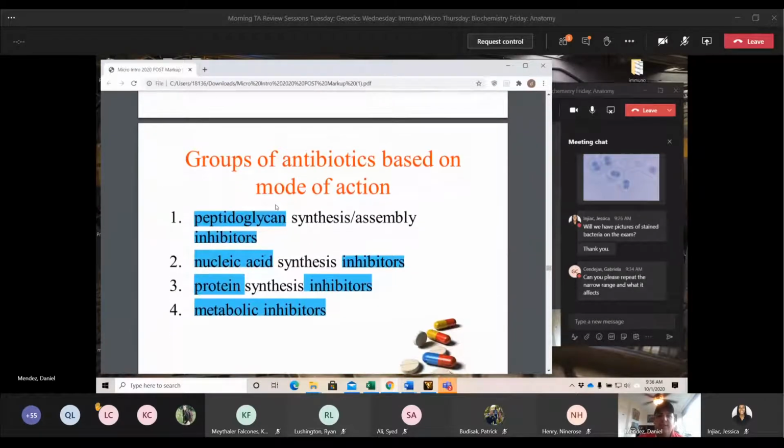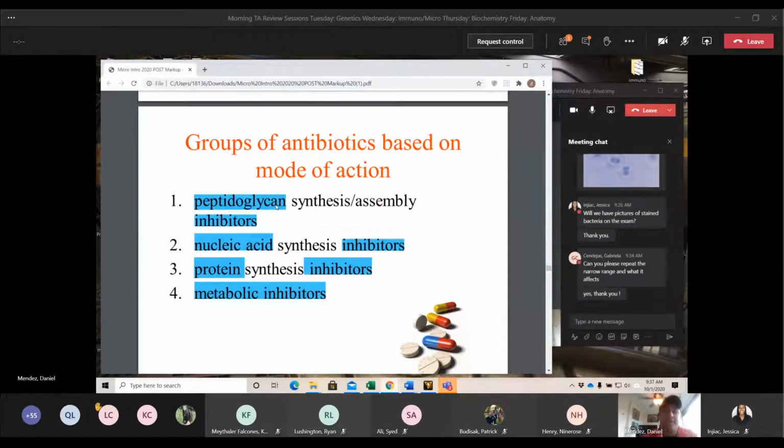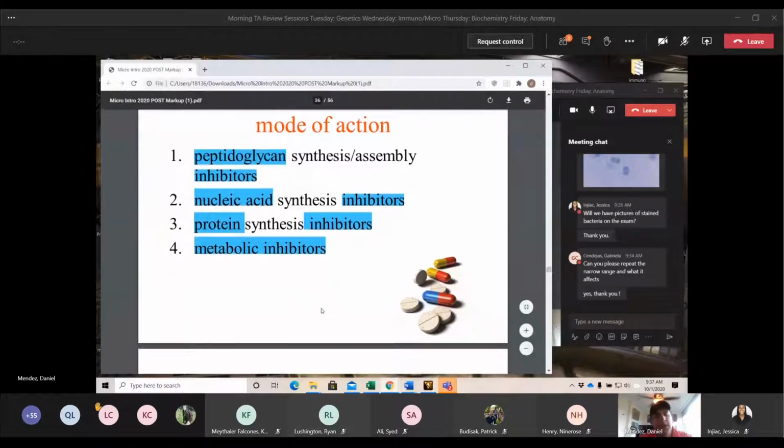All right, so now we're getting into the actual meat of our antibiotics, the different types. So we have 4 major groups, 4 major classes. There are more than this. You'll get into it in pharmacology. You have an entire test on just antibiotics and all of their names and all the different generations. It is a lot. But for right now, you just need these 4 classes of antibiotics. And they're classed through their mode of action. So inhibitors of peptidoglycan synthesis, inhibitors of nucleic acid synthesis, inhibitors of protein synthesis, and then inhibitors of metabolic processes. So we're going to go through all of these and we'll break it down.